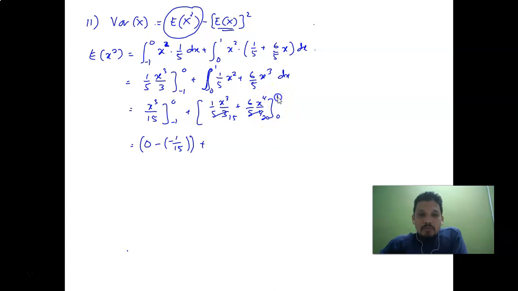Substitute x with 1 first. 1 cubed equal to 1. So 1 over 15 plus 1 over 4, which is 1 times 6 equal to 6 over 20. Okay, and minus x equal to 0 here. Everything is 0. Okay, negative becomes positive, so 1 over 15 plus with,